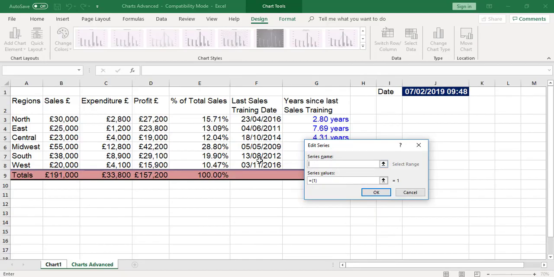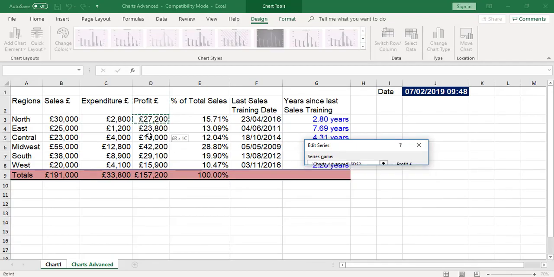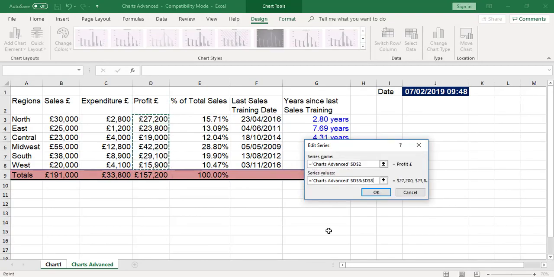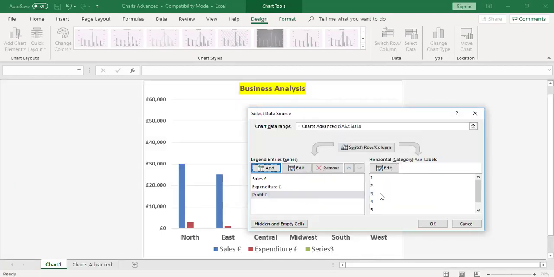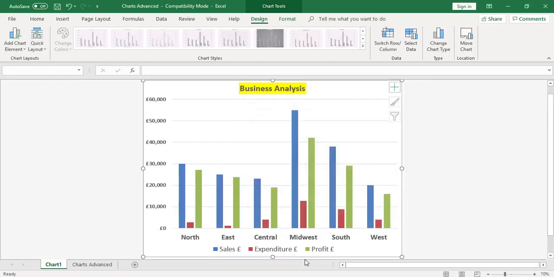The series name is the heading, so that's going to be profit. The series values is going to be the numbers, so that's going to be all the number values. Click OK. I can now see the profit chart and at the bottom the legend. Click OK once more, and the data has now been added to the chart,